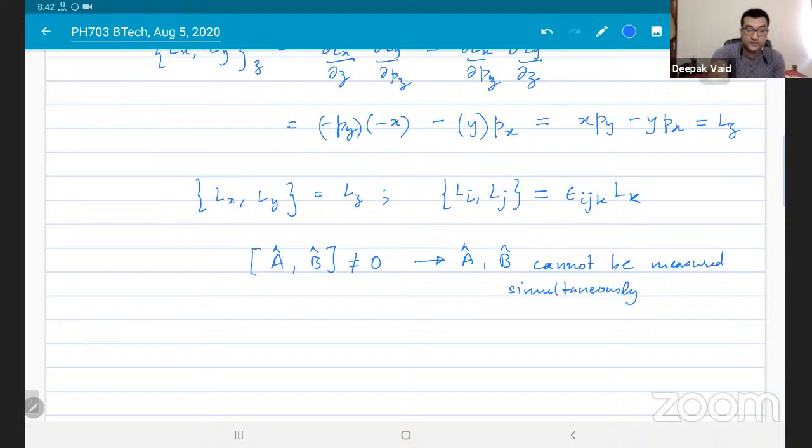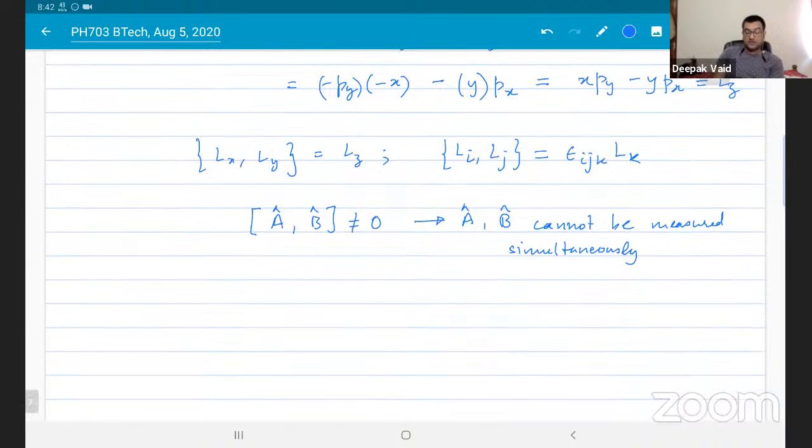And why is this? Because if you remember, what does measurement do? Measurement collapses your system into an eigenstate of the operator which you are measuring, right? Now, if A and B don't have the same eigenstates,